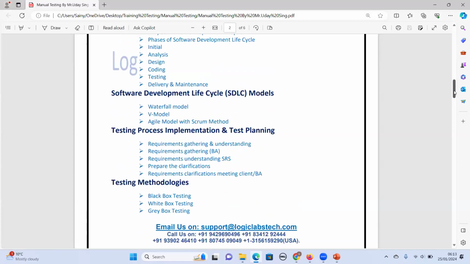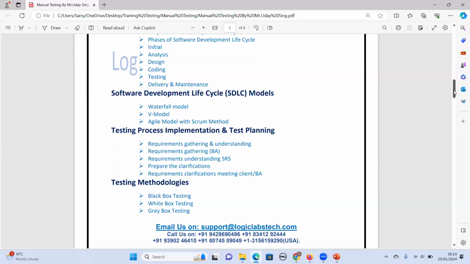So now remember the terms: software development life cycle and software development life cycle models. Even in your interview, if they ask, can you give me some examples of software development lifecycle models, we have to say waterfall model, V model, agile model with Scrum method.